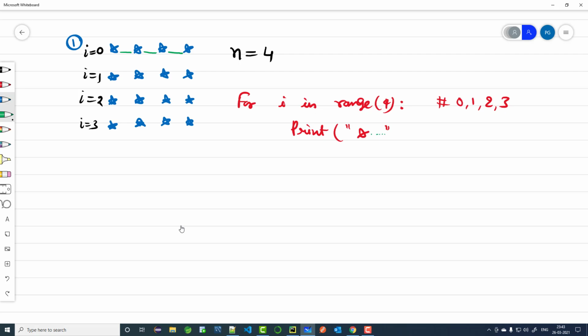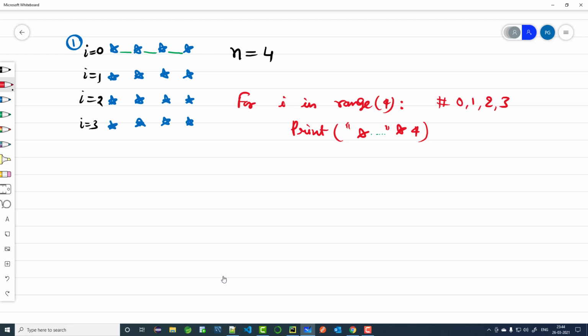Multiplied by, so this is a repetition operator in fact. If a string is multiplied by a number, that string is going to be repeated that number of times. Here we have taken a star and space in double quotes as a string, and we have to repeat this star and space 4 times. So mention 4 here. That's all. This is the program we have to write.